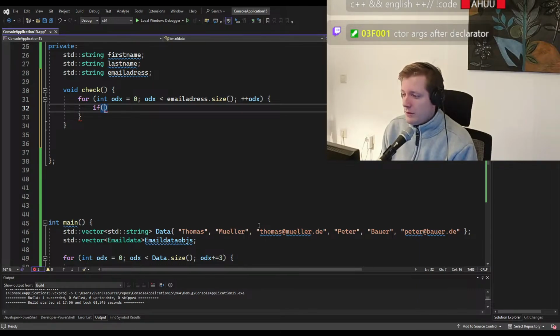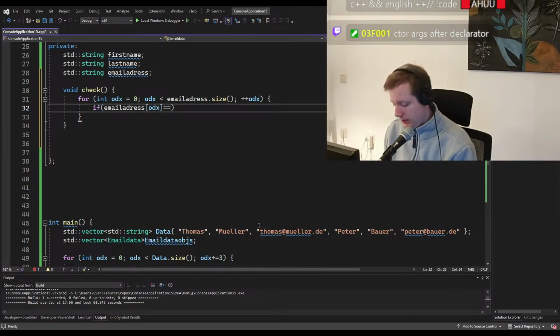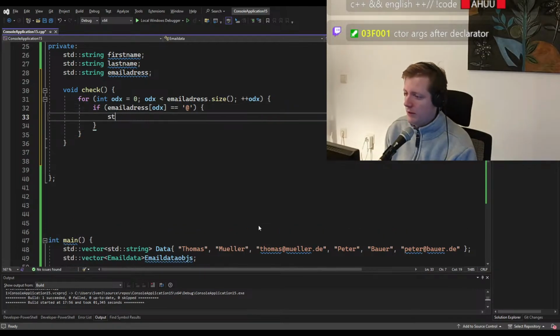If email address ODX is equal an add, right? Something like this. Then we're gonna open it up. If we have this case, we found email address is valid. Email address